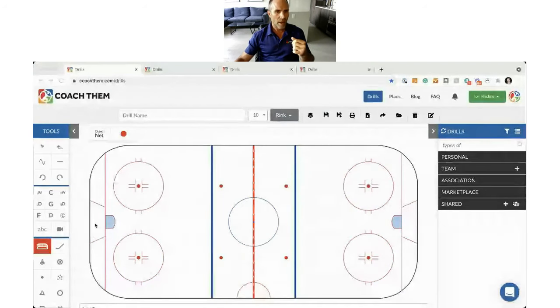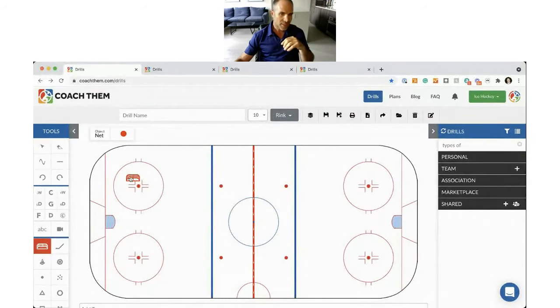So once you place it on the rink, you're going to notice that they're not those right and left arrows to rotate the net. We wanted to make it easy and simple. By dragging it right by the net, it's like magnets. It will rotate it and put it in perfect position. So it's very easy for you to position your net, and it's perfect every time.